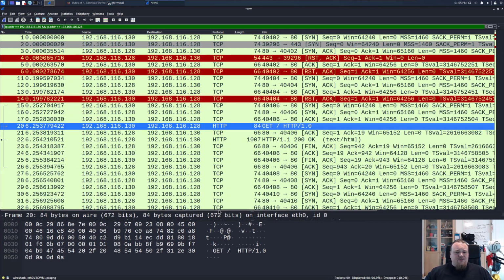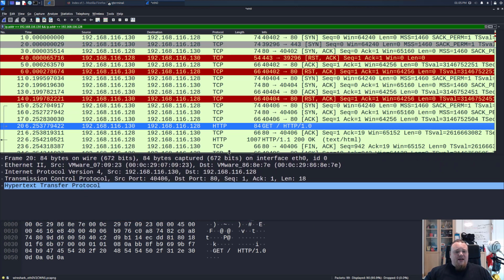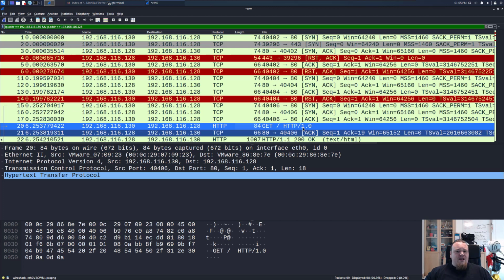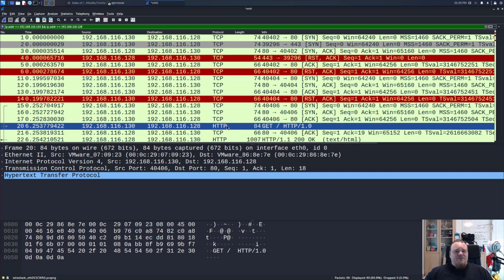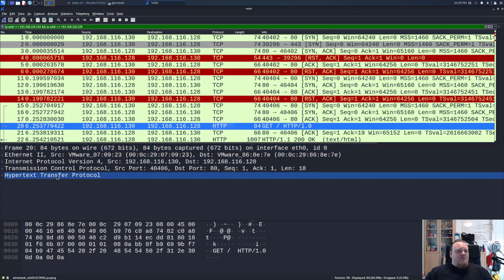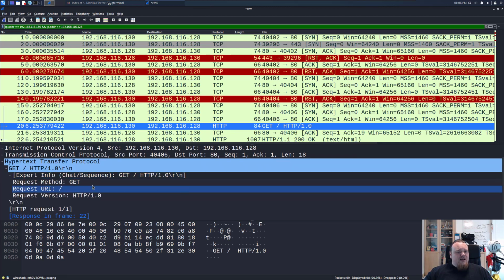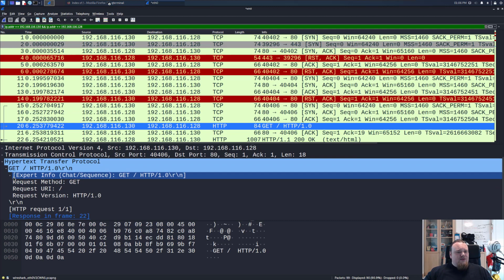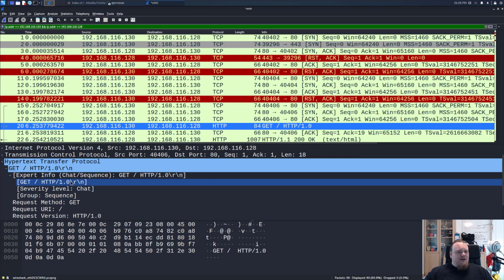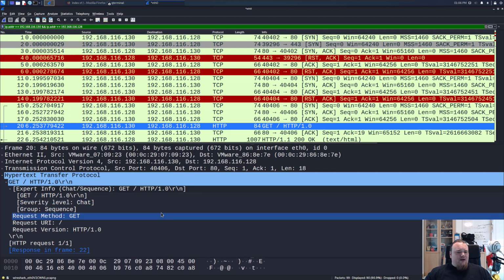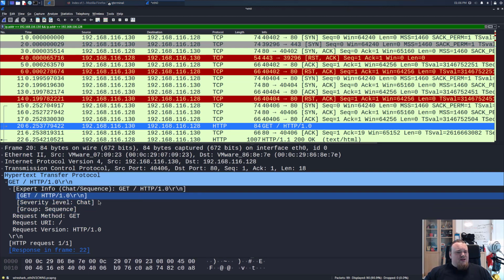Then we get the first HTTP, and I really want to look at what's inside of this now, because we have an actual GET request from the HTTP protocol. If we click on this, we can see down here in the second window of Wireshark that we have something called the Hypertext Transfer Protocol, which is holding some secrets we're going to look at right now. So let's open it. There we go. Now, what we see here is basically an HTTP request, and when we open up everything, I think it's like, what is this weird